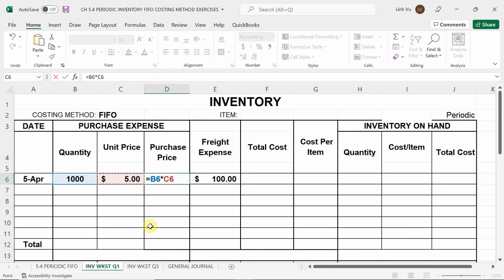I'm also cell referencing, clicking on the cell the number is in, and clicking on the 5. What's my total purchase price here? 5,000. How do I solve for my total cost? Purchase plus freight. Which gives me a total of